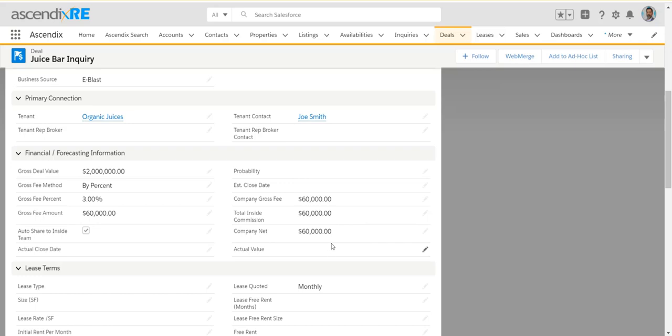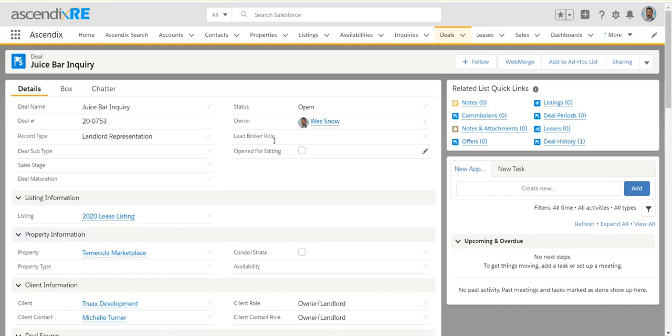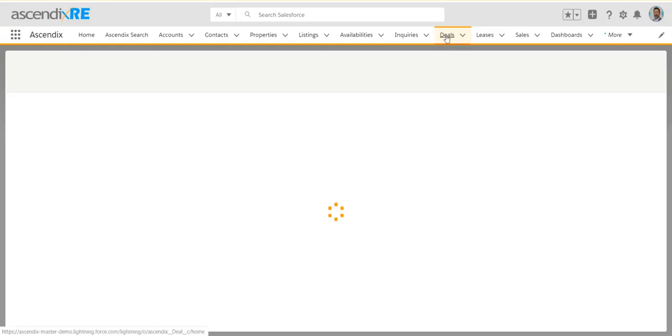If you happen to be subscribing to our enterprise version, which includes commission calculations, it takes this commission beyond this overall $60,000 and allows you to add broker splits with house and whatnot, but if you're subscribed just to foundations, then you're able to at least just get a general sense of what that looks like. So that's the deal. Before I move on to the process of the deal, I'll click on the deals tab